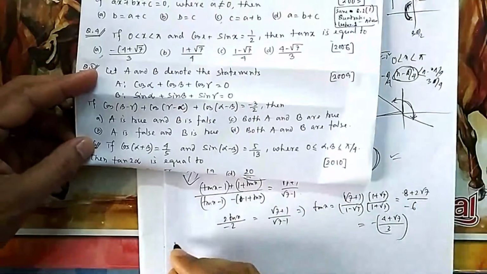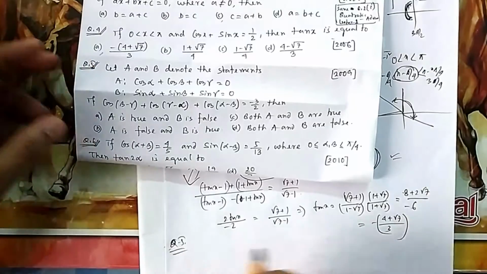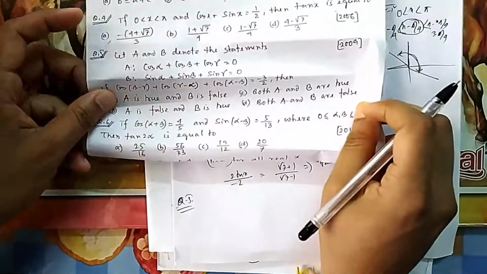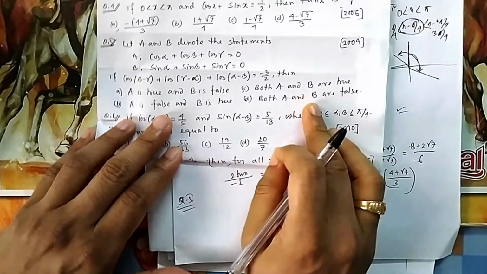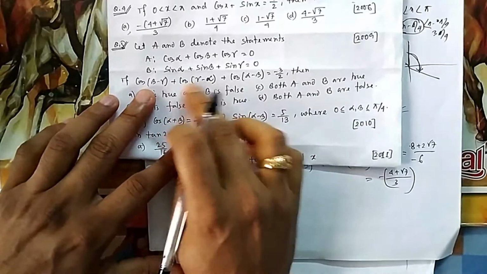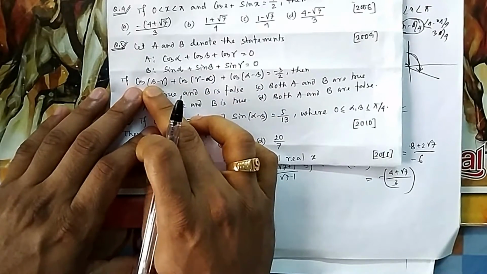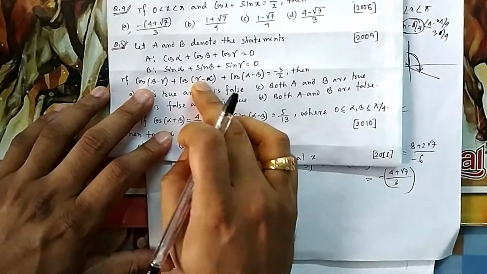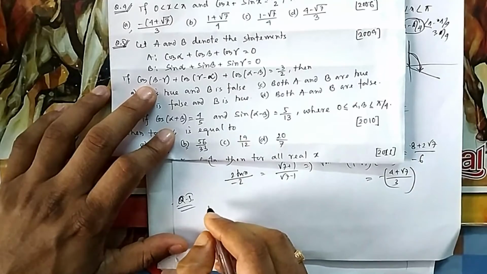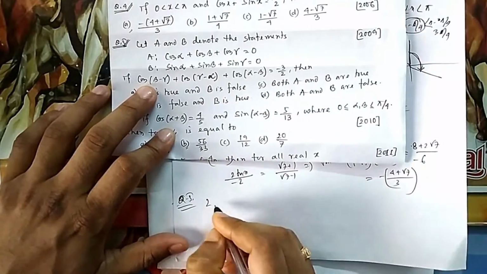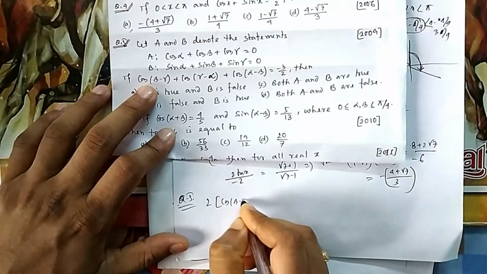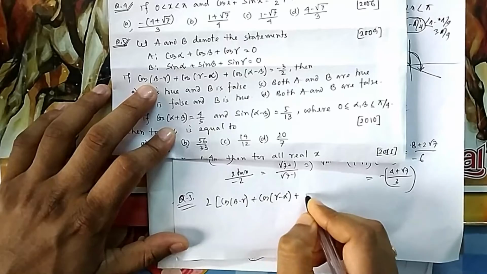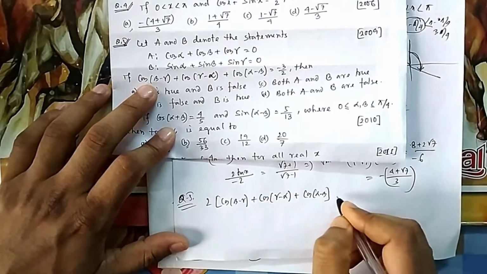Now if you see question number 5, what is given in question number 5? These two statements are given and the condition is this one. Then they are asking which one is true. Now if you see this one, if you multiply it by 2, then you have 2 cos A cos B, 2 sin A sin B, 2 cos beta cos gamma, 2 sin beta sin gamma. So if you see all these 2's, then one thing should come to your mind. Suppose I multiply this one, then it will be cos(beta minus gamma), cos(gamma minus alpha), cos(alpha minus beta), then it is minus 3.